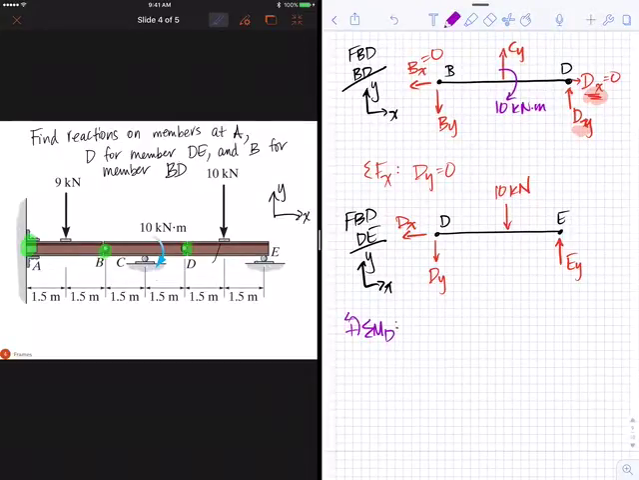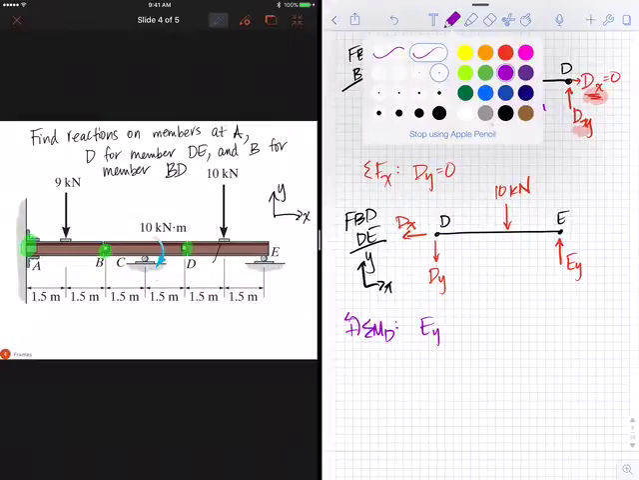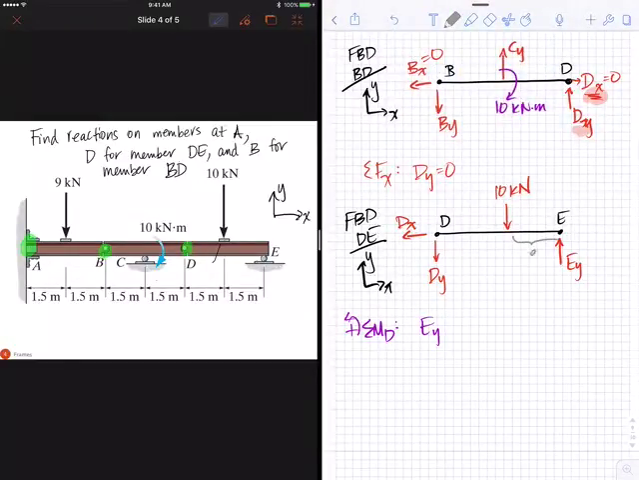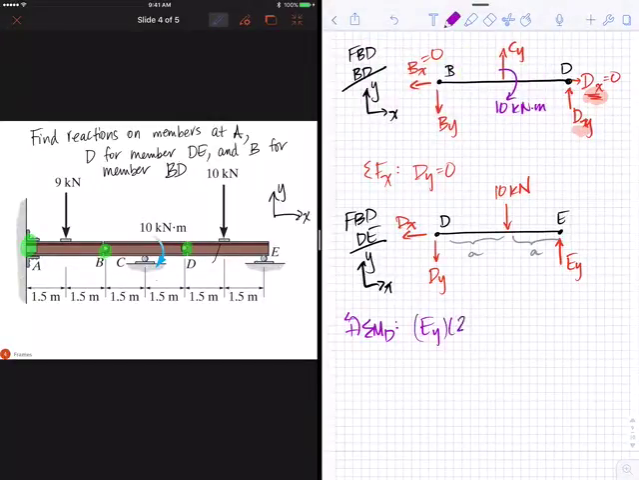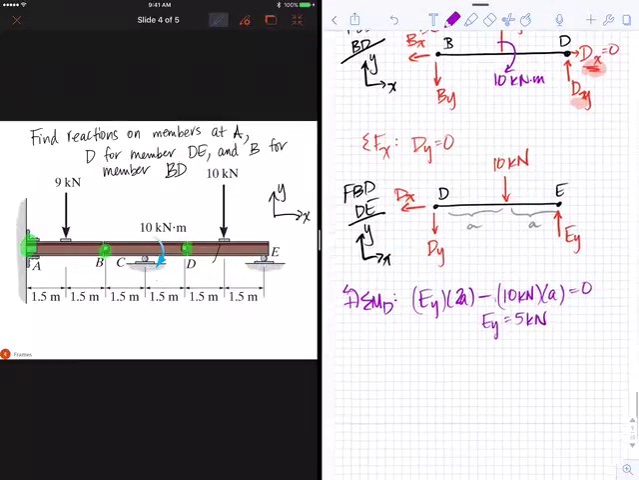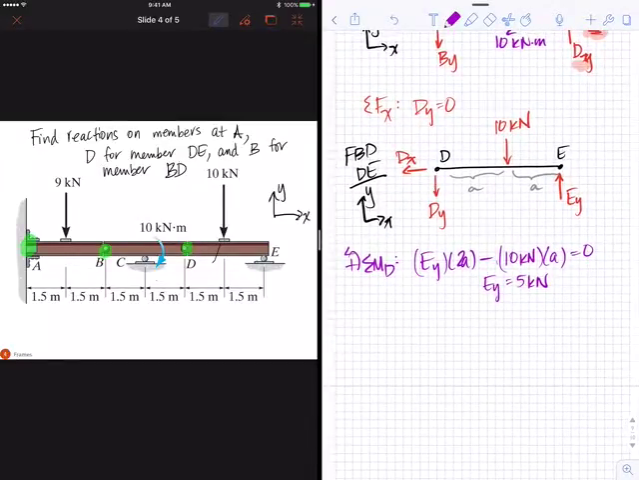Positive counterclockwise. So we have EY, and I'm going to call these 1.5 meters A. So let's call these distances. Fortunately for us, they're all the same. So this is A, this is A. So EY times 2A minus the 10 kilonewtons times A equals 0. EY equals 5 kilonewtons. Not a result we actually care about in terms of solving the problem, but now we